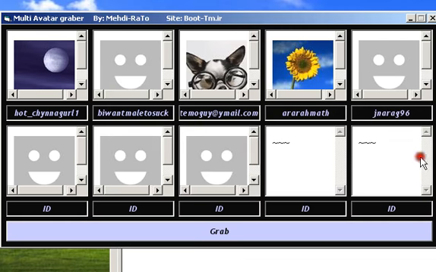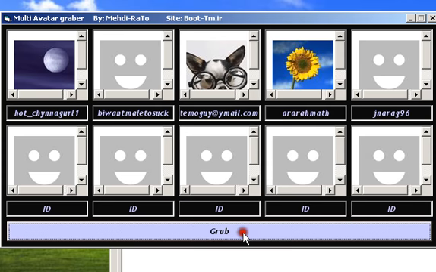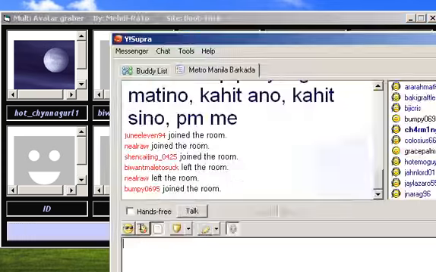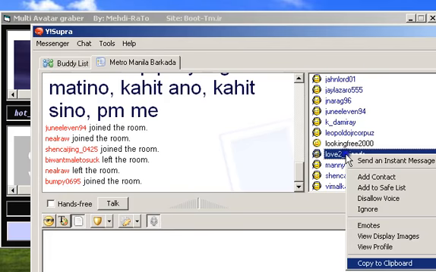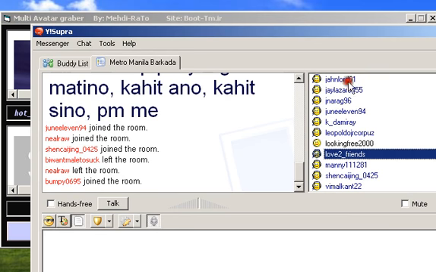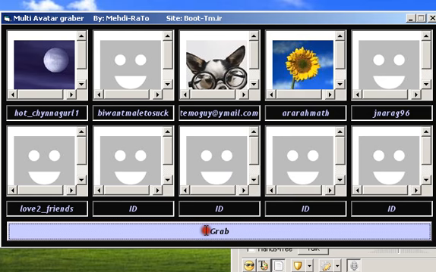As long as this is 2, 4, 6, 8, 10 avatars, okay? And you can grab it, he doesn't have any avatar in there. So that's it. You just have to copy paste the ID in there. Put the ID and the space in there, and just click and grab, and just